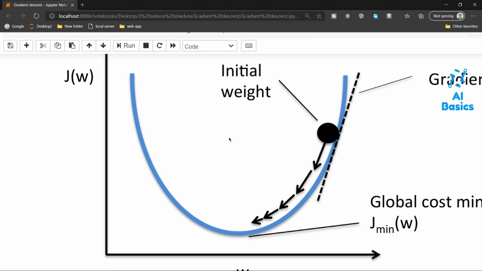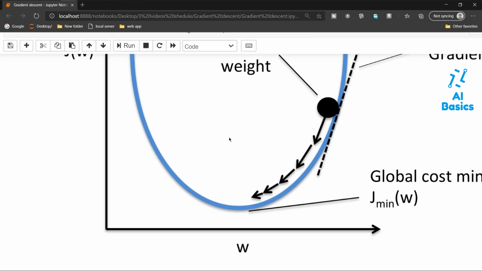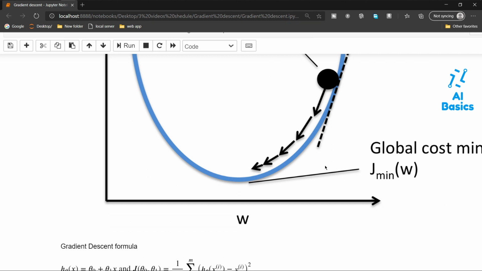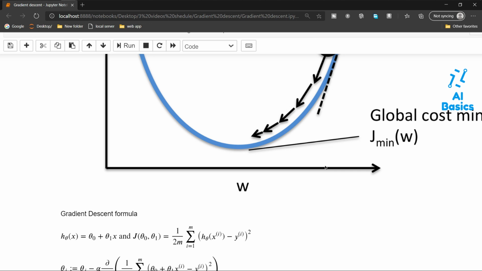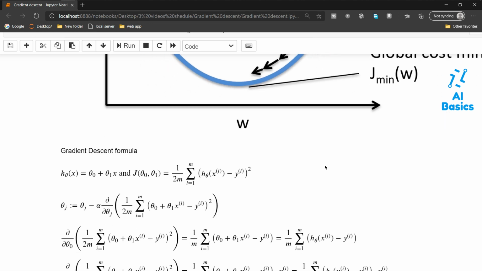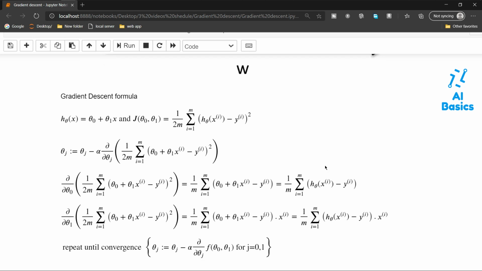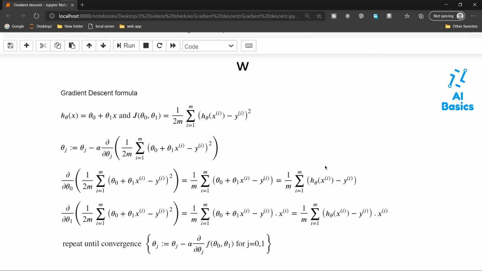Actually we can't find the global minimum if we keep a higher learning rate. Or if you keep a lower learning rate like 0.0001, you are going to take very small steps, so it will take a lot of time to reach the global minimum. So we set the learning rate between 0.1 to 1 sometimes, based upon the problem. If that learning rate doesn't work properly, we will change it based on our error.